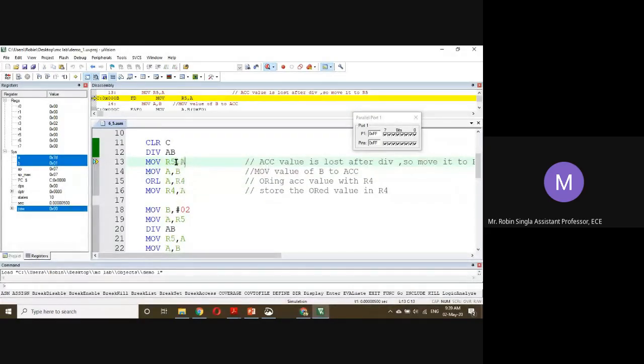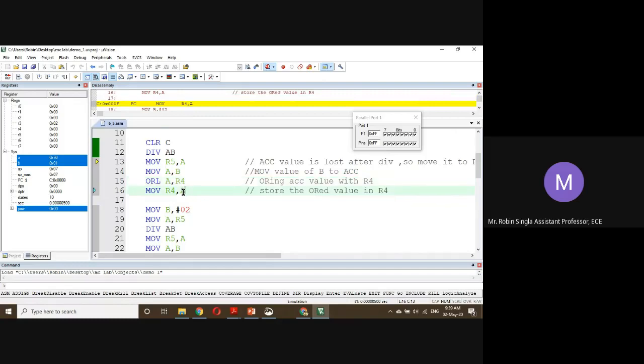So this answer will be stored in R5. This remainder will move to A, and we will do OR logic with R4. Then move this A to R4, so that for the next division we will again do OR logic with the remainder.